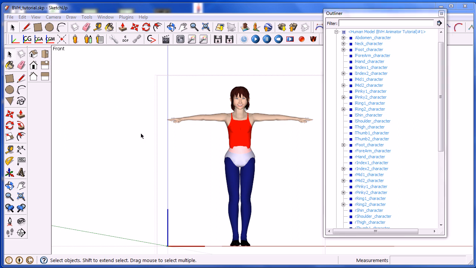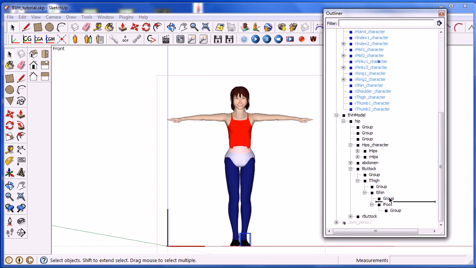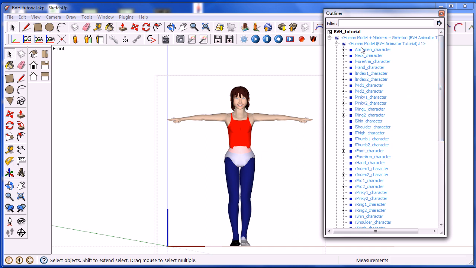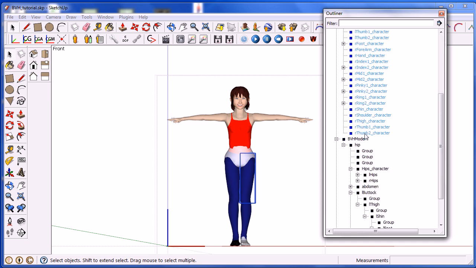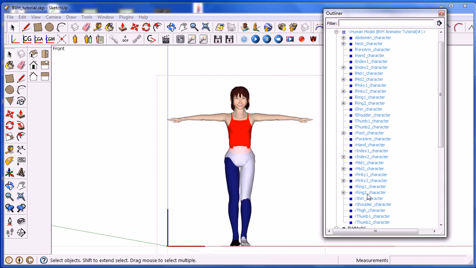It's necessary for each group of the character to be placed in the corresponding group of the skeleton. For example, we will properly place the limbs of the left leg of the character. Let's start with the foot, L-foot character. We put it in the foot of the skeleton. Let's continue with the thigh, L-thigh. And finally the shin, which is called L-shin.